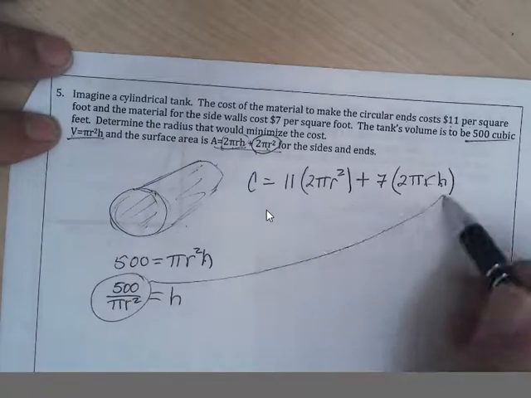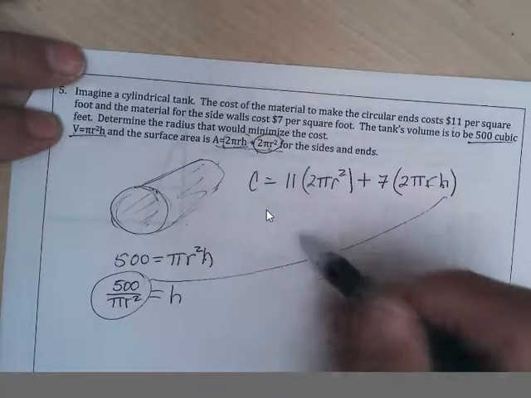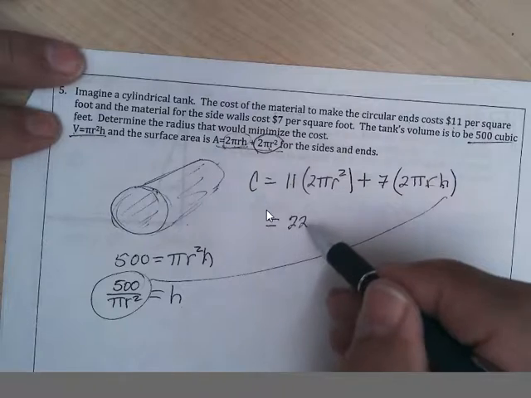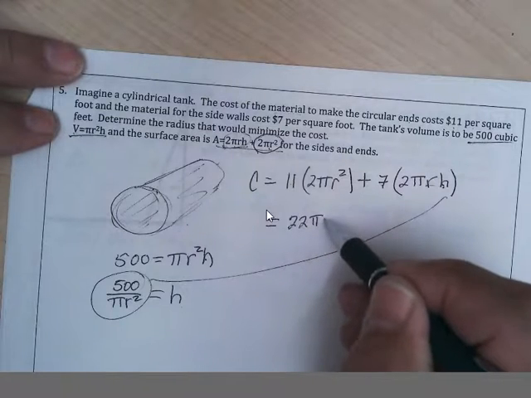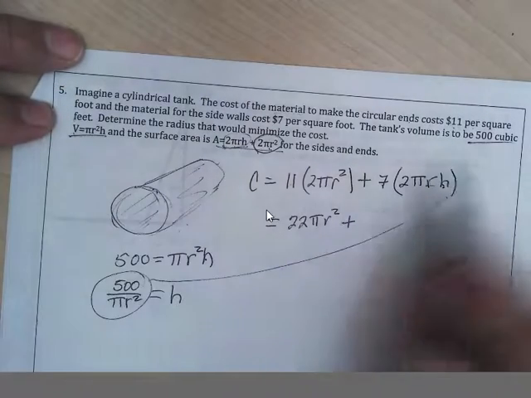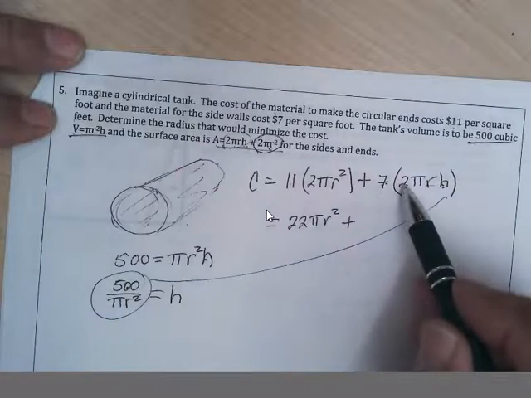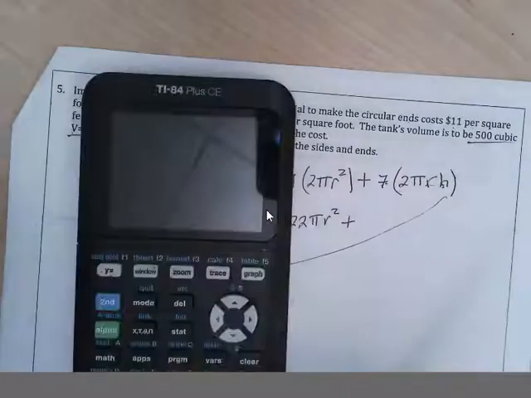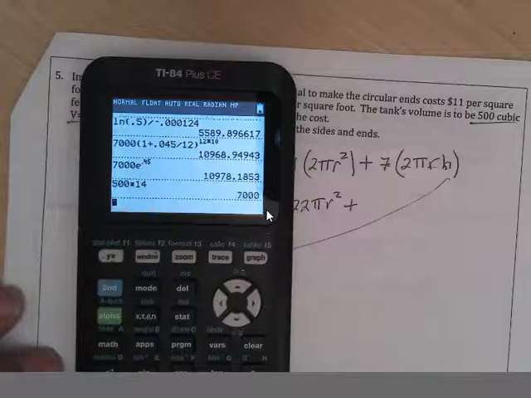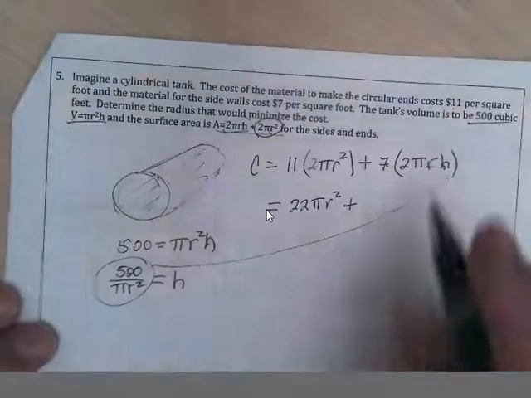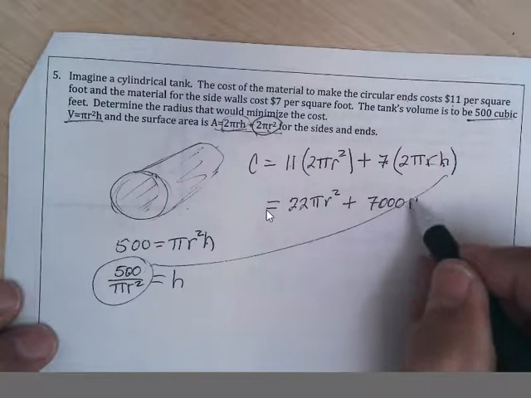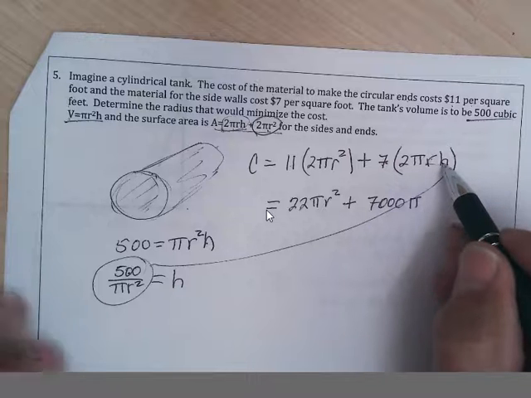We're going to put that in for h, so this equation becomes 22 pi r squared plus 500 times 14, 7,000 pi r over